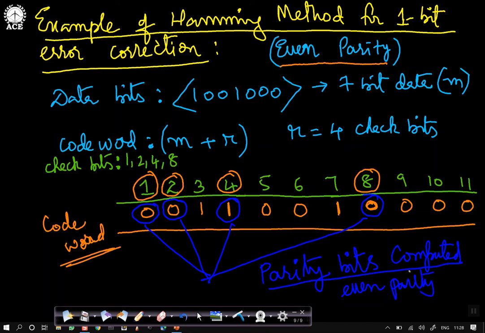So now this code word will be sent from the sender to the receiver. I will write it on the next page. So what do I have? 00, 11, 00.